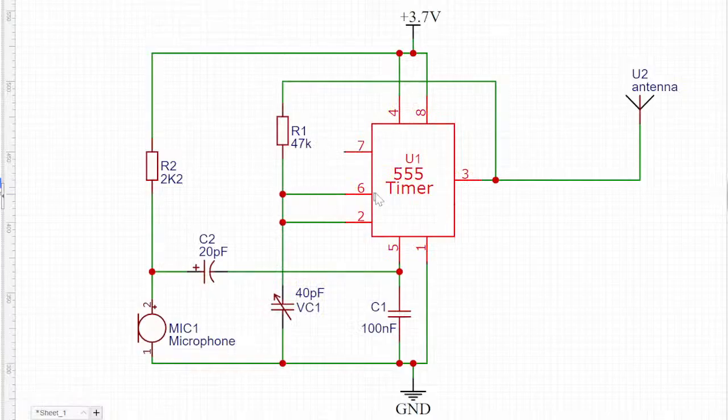All right, so this is the circuit diagram that we used. This capacitor was omitted in the final version, so you can also omit that in yours. And then you have the 555 timer with pin 2 and 6 tied together. This is an input to one comparator, and this is input to another comparator. 2 and 6 are inputs to different comparators, and then when the voltage on those pins gets to a particular